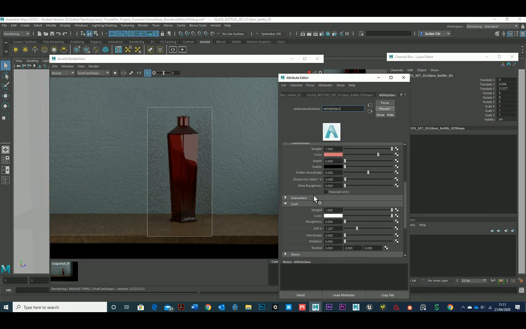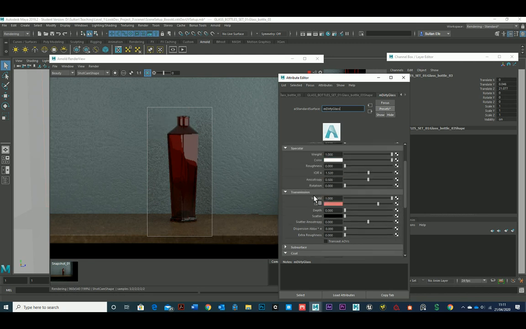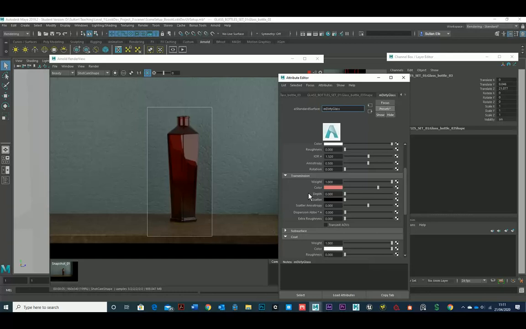But the default is glass, and it's the same thing on the specularity. When you click on this IOR, index of refraction, the refraction has to do with the distortion of the light, so we can select those options. Now we can live with this as is, but if you want some dirt on this one,